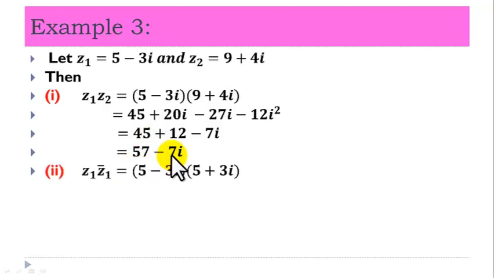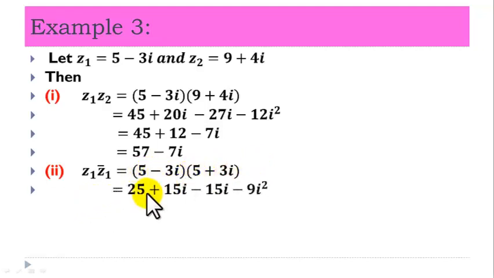2. Let us multiply z1 by its conjugate. That is z1 times bar z1. This is equal to 5 minus 3i times, bar z1 being 5 plus 3i. Opening the bracket, we'll have